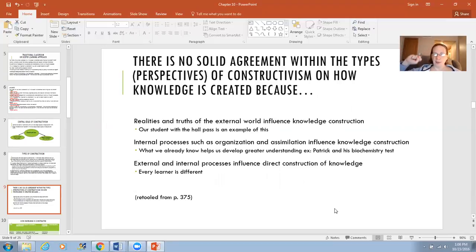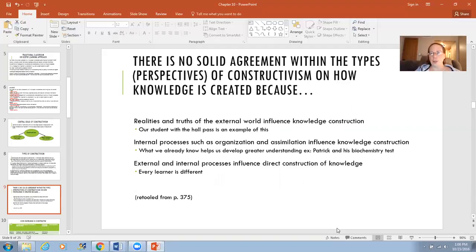And I was asking him about it because I'm interested in how students learn and why are you interested in biochemistry? Although I stopped myself because I was thinking, actually, I'm interested in biochemistry for my own reasons because it's got a life element to it. But Patrick said he barely had to study for it, and the reason why is because